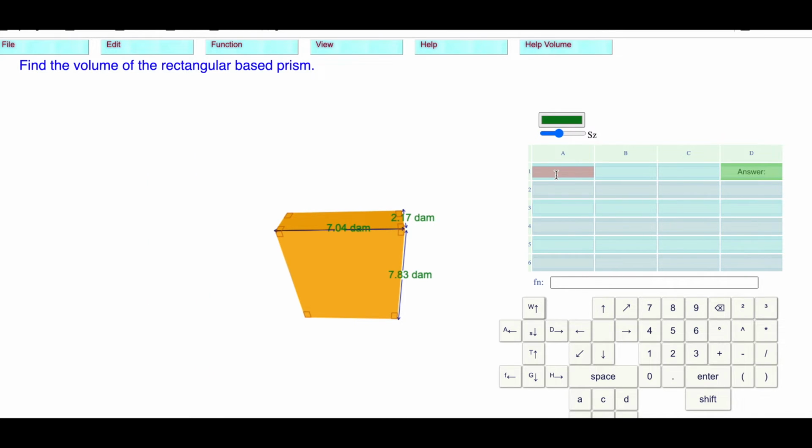We have the length, the width, we have height, the area of the base, and the volume is area of the base times the height. The length is 7.04 centimeters. The width is 2.17. The height is 7.83. The area of the base is the length times the width. The volume is the area of the base times the height, which is